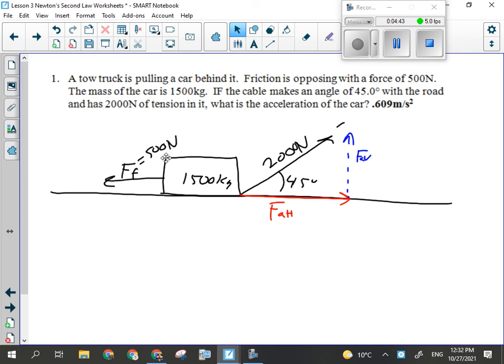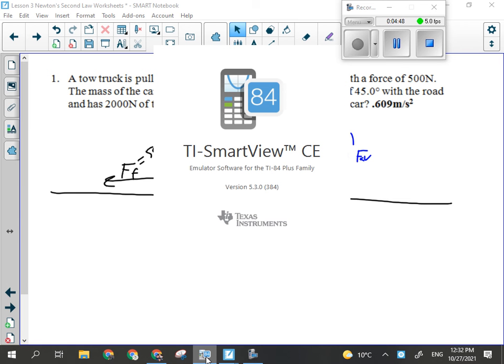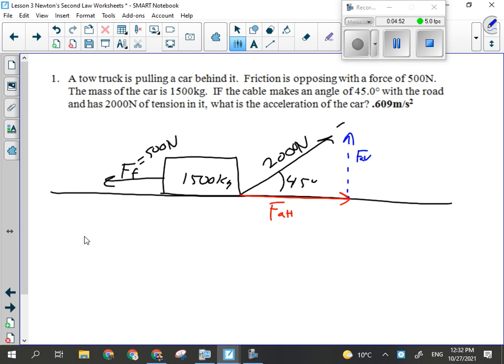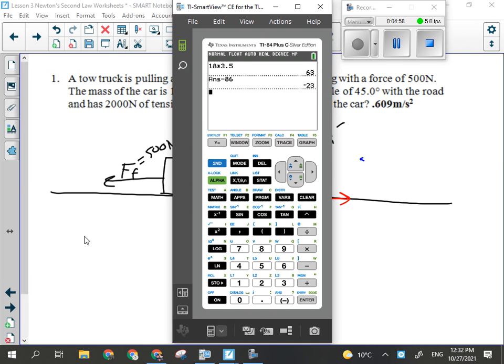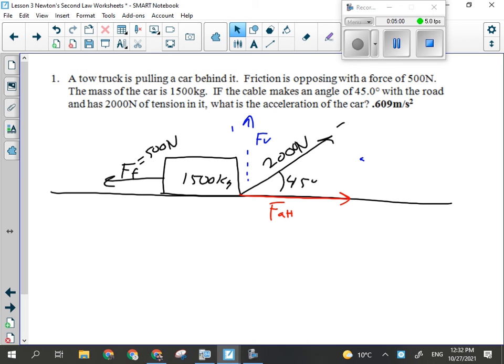All right, so really all I need is the horizontal one. What I need to understand here is that this force applied vertical, this force vertical,